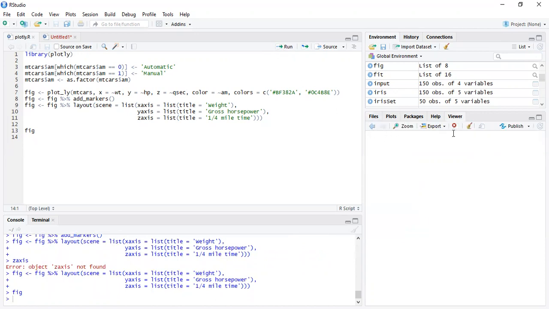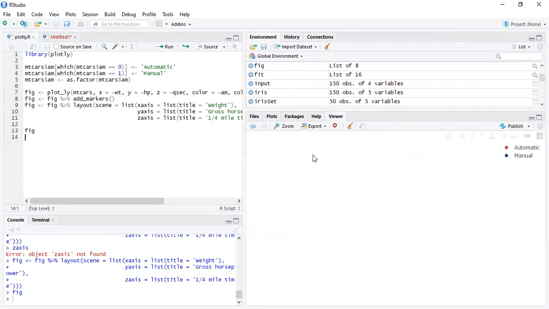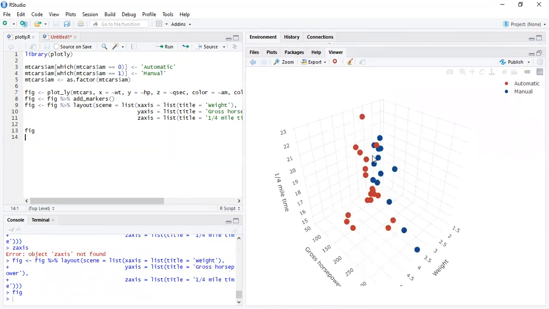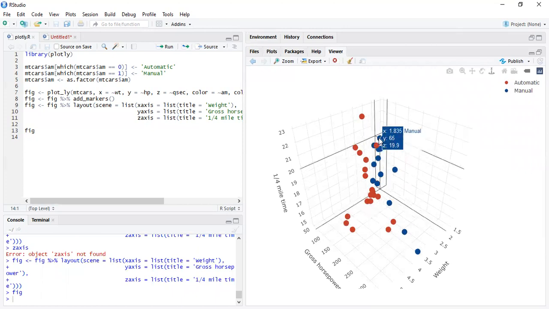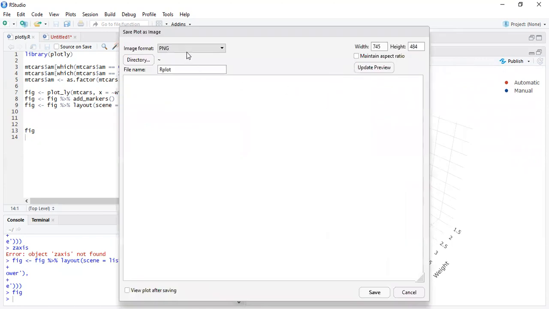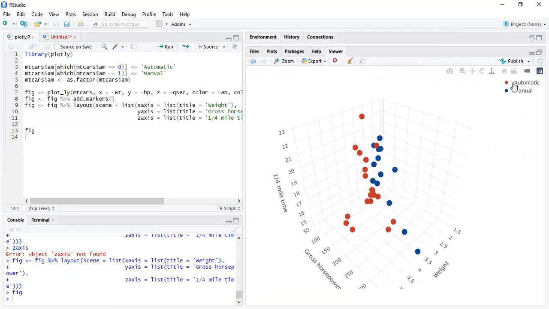Now, once I do that, we are going to see the 3D visualization over here. Okay, so this is how the 3D plot has been generated using the Plotly library in R. So X, Y, and Z have been defined. You can export the image and save it as an image in different file formats, whatever you need. Okay, and the width and height can be defined and it can be saved in the particular path. So this is how you can use the Plotly library using R.